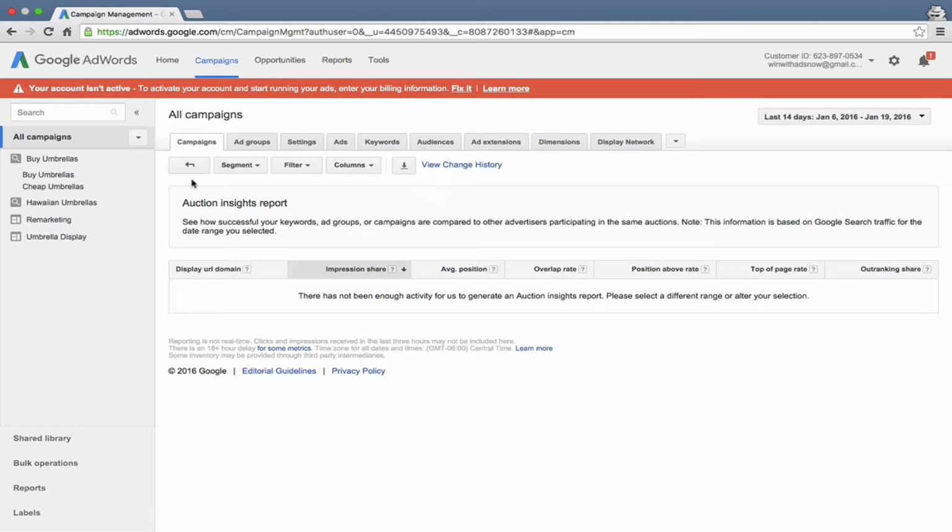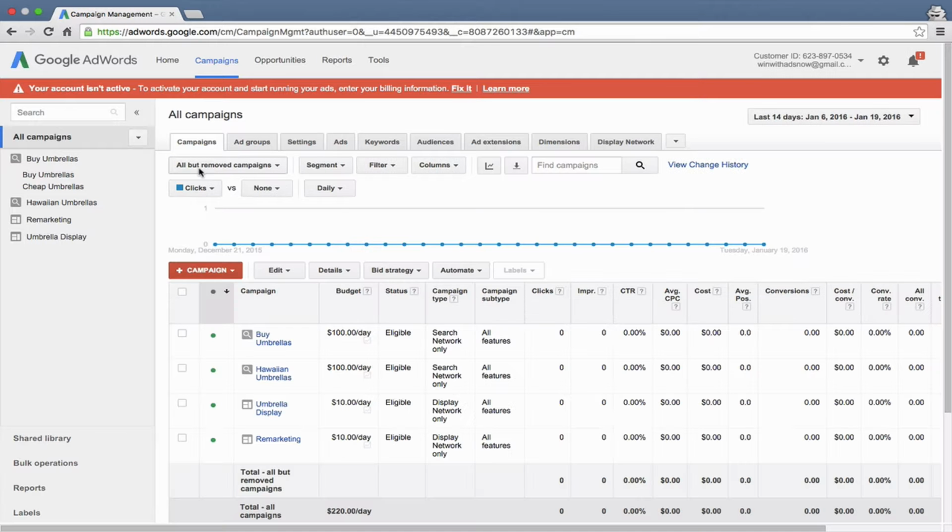And another thing to keep in mind is that if you want to get more accurate data, look at one campaign at a time, not the entire account, because you could have a couple broad or unrelated keywords that could significantly skew your data because they would be eligible for many different types of impressions and they'd have different types of competitors than your core keywords. So once again, the name of this report is Auction Insights, and you get to it from the Details tab right here.